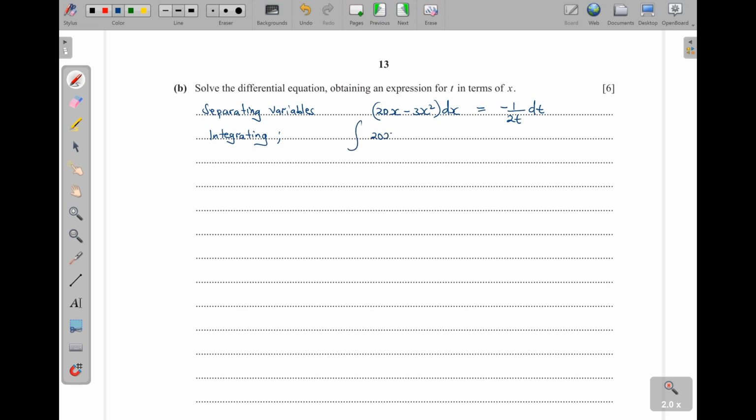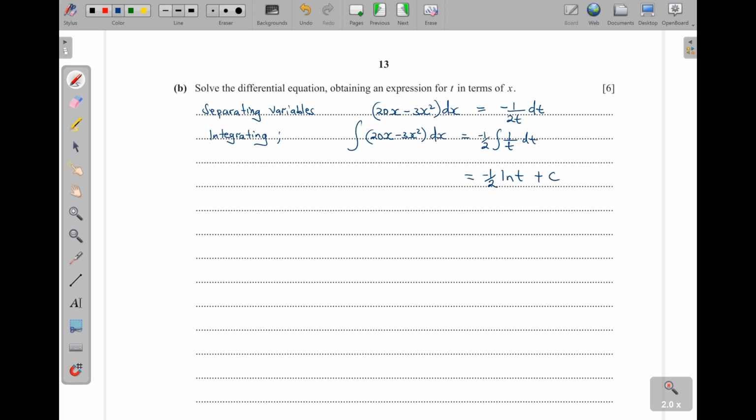Integrate 20x, then minus 3x squared with respect to x. This one will be, I'll put the negative a half out, and then I say 1 over t here. Since when I differentiate the denominator, I get exactly what is here with respect to t, so that will be a natural log. So here I'll get a half, then the natural log of t, plus a constant, which